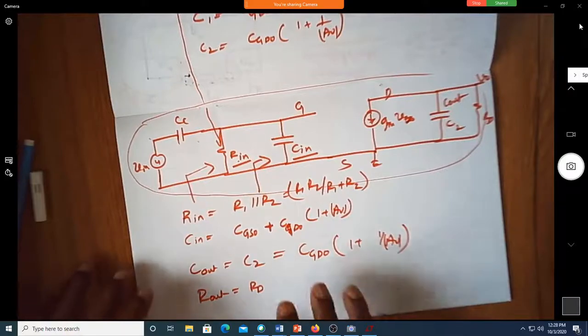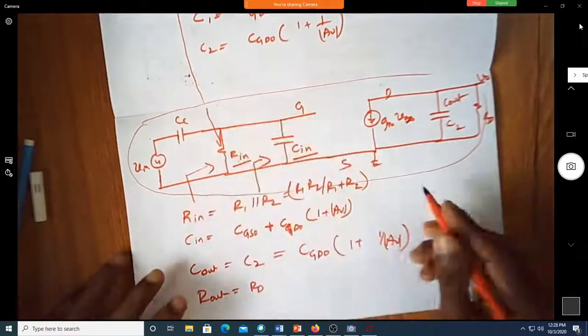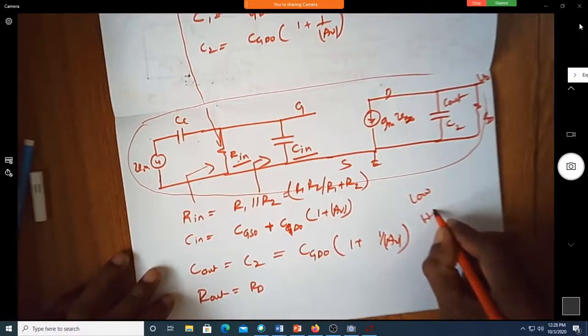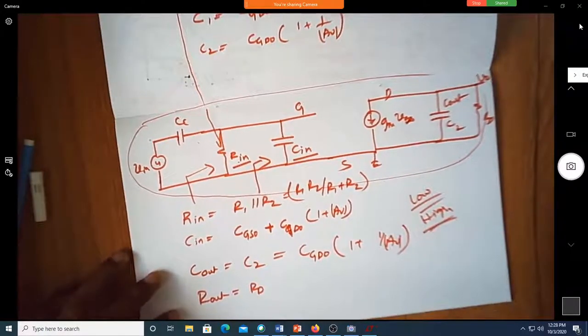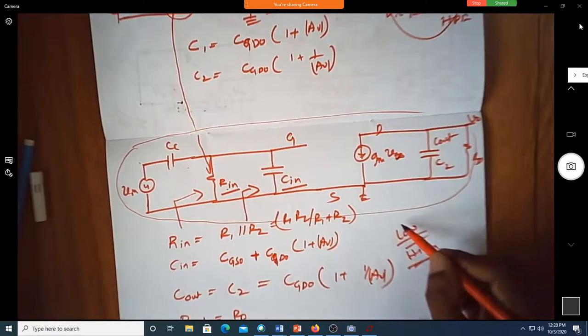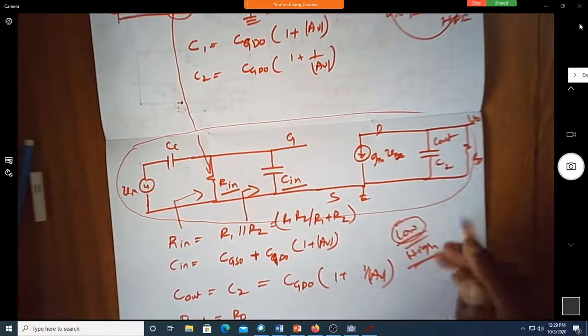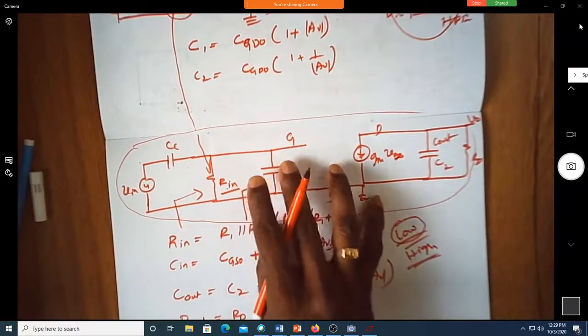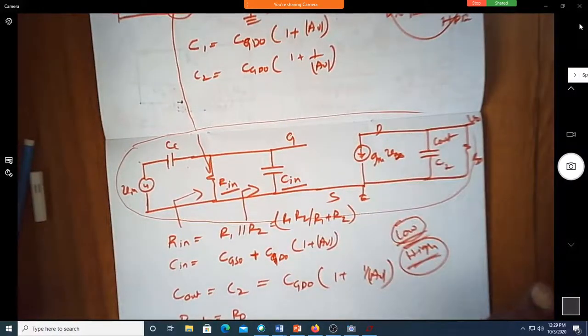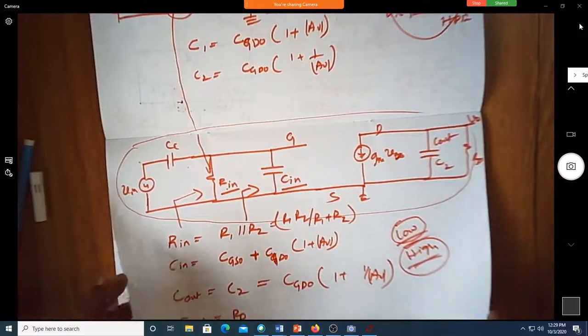Now let us rewrite this for different frequencies: at low frequency how it looks, and at high frequency how it looks. This is for all frequencies, like an all-weather thing. If you are exclusively considering low frequency, how does this equivalent circuit differ? If you are considering only high frequency, how does it differ? So first I will write it for low frequency.